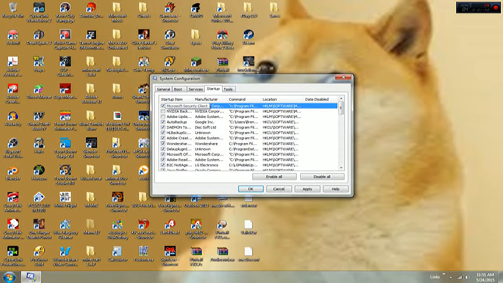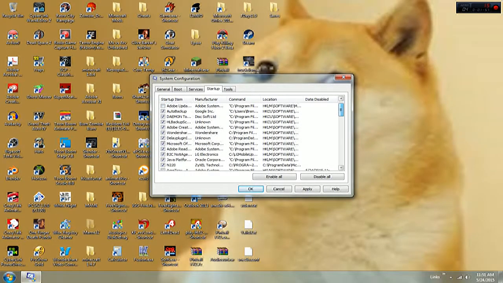Microsoft Security though, you probably want to keep that checked, because if you uncheck it and try to go into a program, it's going to tell you that the process isn't running, so you're going to have to go back and re-enable it and restart your computer. So what you want to do is go through here and look at